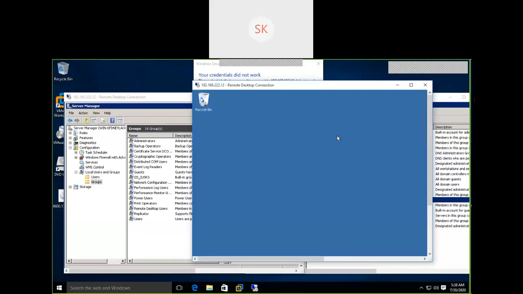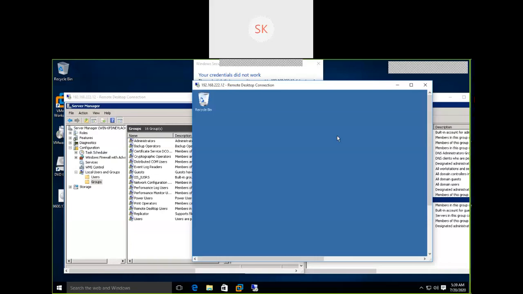What is a user, and what are local groups? Local groups and local users, what's the difference with domain users? What is the scope of a local user? Local user scope is limited to only that particular system. Whereas for domain users and domain groups, the scope is whoever is a member of this domain controller. Without adding the respective system to the domain, I am not in a position to log in as a domain user on that system.